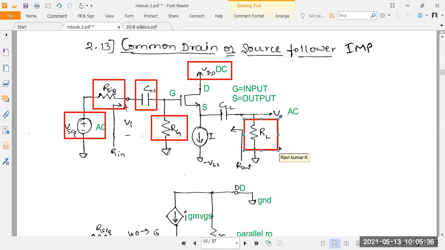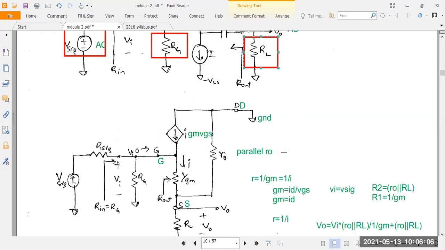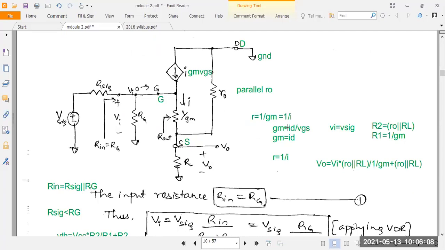In the previous class we discussed this, right? When the source is connected to a resistance, either RS or RL, you have to go for the T shape. Suppose the source is directly connected to ground, then you can go for the pi model. Understood? Next, you take the T shape here. T shape means, just a second.